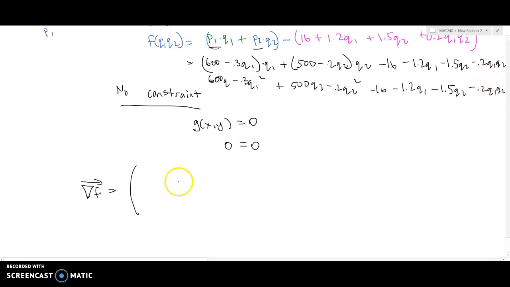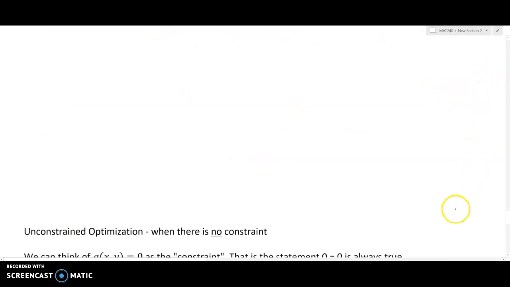And the partial derivative with respect to Q1 is going to be 600 minus 0.6 Q1. The derivative of all of these terms up until the 1.2 will be 0, so I'll have minus 1.2. And then my last term